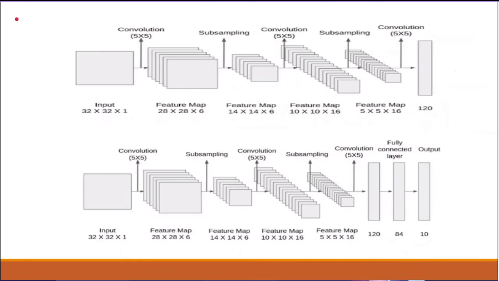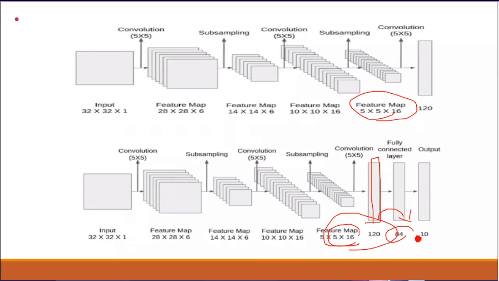Again, I'm going to apply the convolution, and again pooling. Finally, it goes to a fully connected layer of 5x5x16, which gives a 120 one-dimensional fully connected layer. It connects to a dense layer of 84 neurons. The remaining neurons I have to drop out, because it will take more time if more neurons are in this process. And finally, in LeNet, 10 objects are going to be classified, so I get 10 neurons as the output.